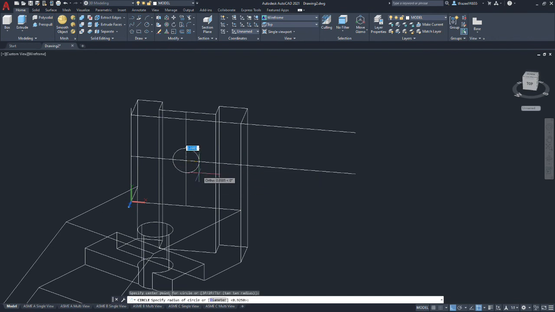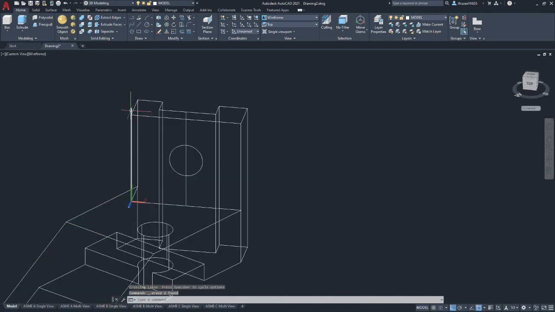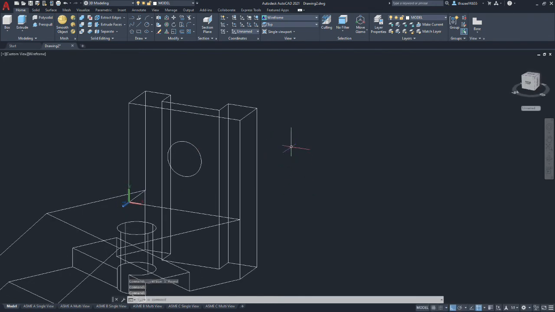You'll notice the circle should be in the plane of the flange. I'm going to type diameter, and we're going to put in 1.76 and hit enter, and there's our hole. Let's go through and delete our construction geometry. We don't need it. We don't want it cluttering up our press pull.